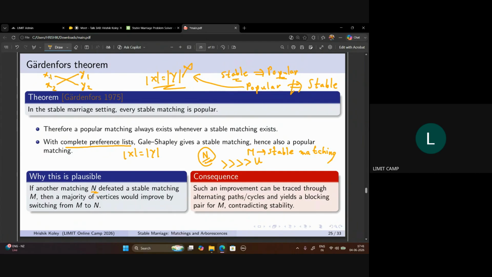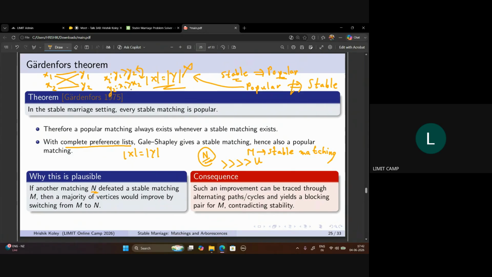Assume they are matched. Let's take x1 prefers y1 over y2, and y2 prefers x1 over x2. Now, if you switch these, like you match them in this order,